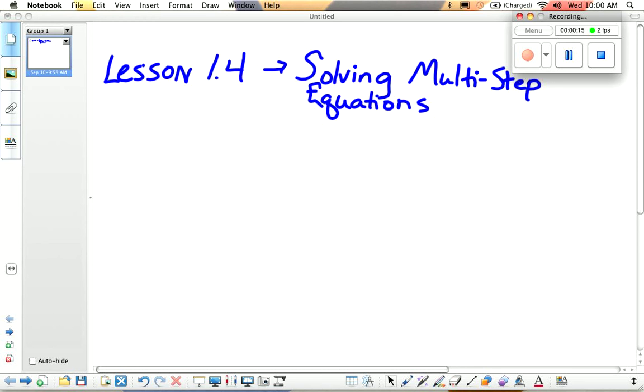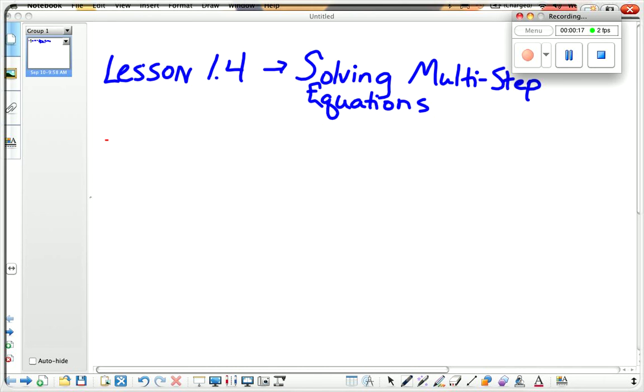So I'm just going to give you a little tip at the beginning here that there are a couple of different ways to first go about solving a multi-step equation. And we don't all have to go about it the same way. But I'm going to give you a tip, and you want to put this tip in your notes: usually better,